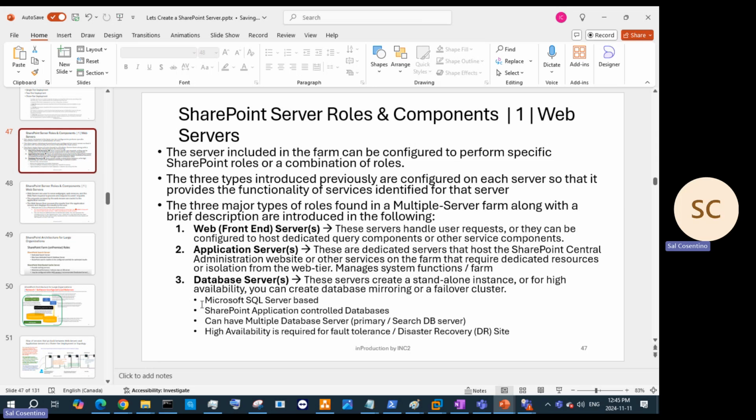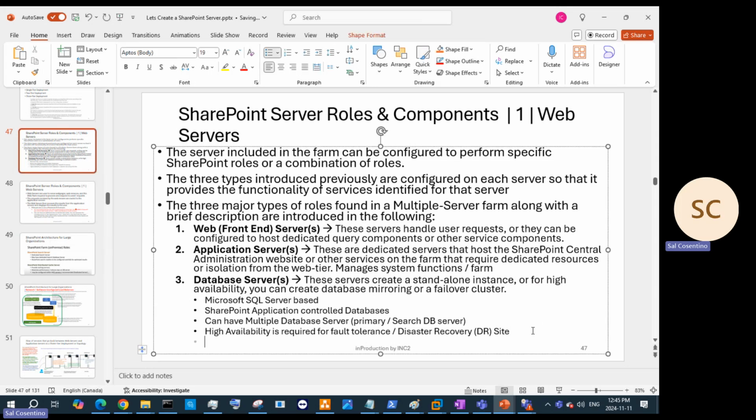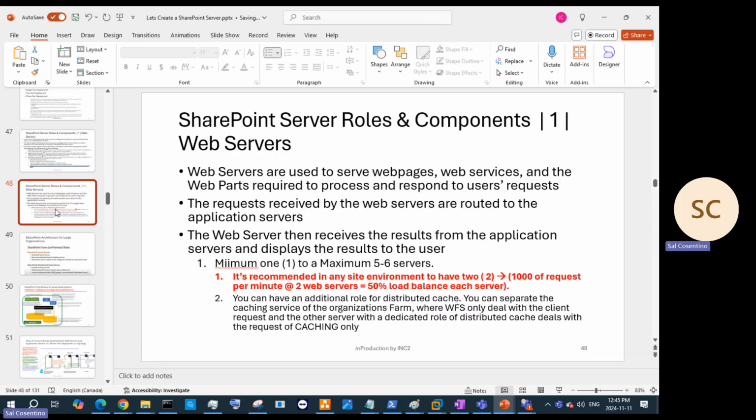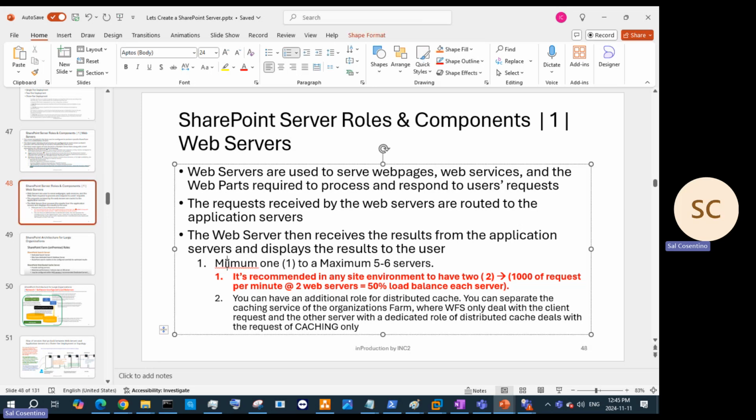Okay. So again, we talk about that disaster recovery site. I'm going to add that because it is important to know a little bit about that. I'll send you guys some of that information too. Okay, so hang tight. When we talk about roles and components for web servers,